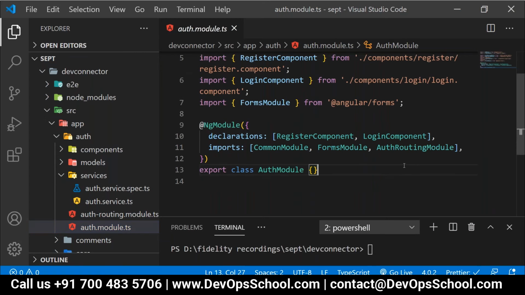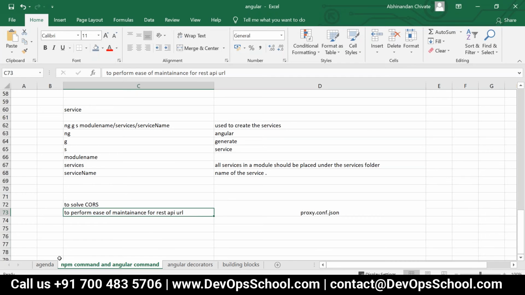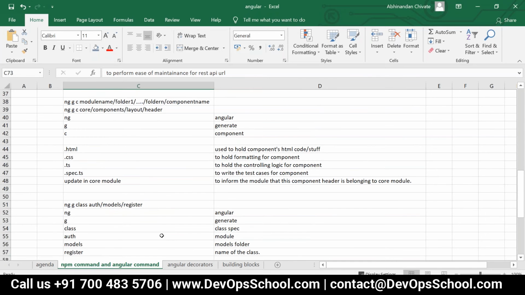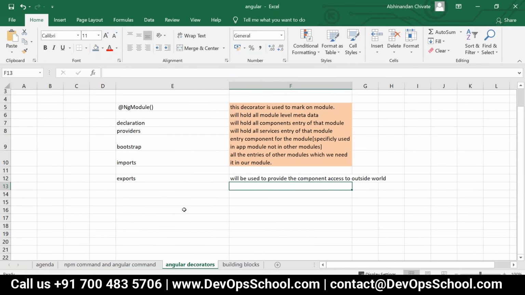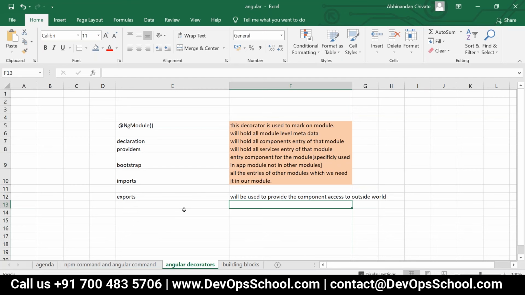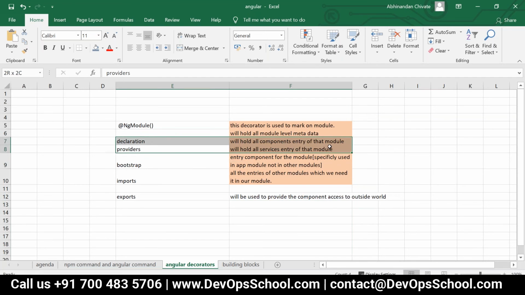To register the service, where should we go? We should go to the module. Inside the module, you can find NgModule, and inside the NgModule we'll take a field called providers. Inside the providers, we'll make the entry of your services.